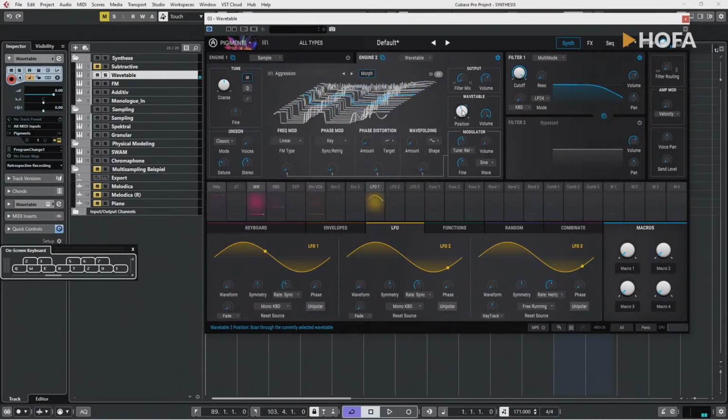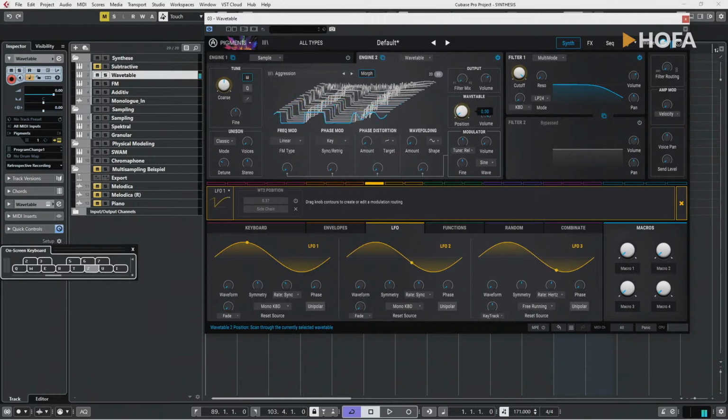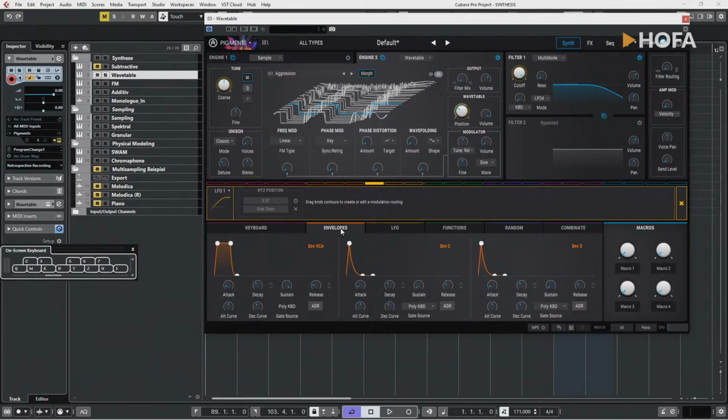Yeah, and wavetable synthesis is mostly about figuring out which part of the wavetable I'm actually going to use. So you can just deactivate the LFO, scroll through the wavetable and see which bits you like. And if you want to go there, then just use the position knob or automate it in a way that it reaches that area. We can also, of course, use an envelope for that. So if we want to use envelope 2, for example,